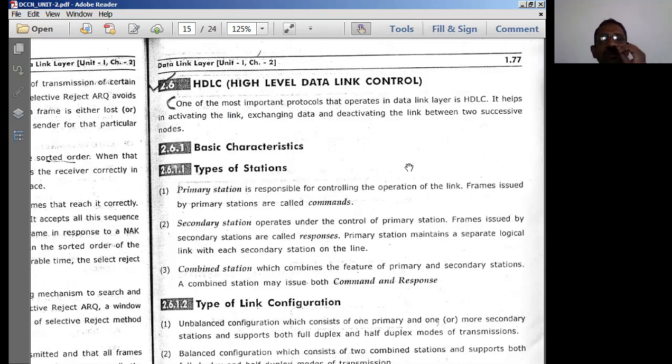The HDLC protocol helps in providing the functions of the data link layer. Three functions we discussed in the previous session. Error control we are yet to discuss, because it is a much larger unit.